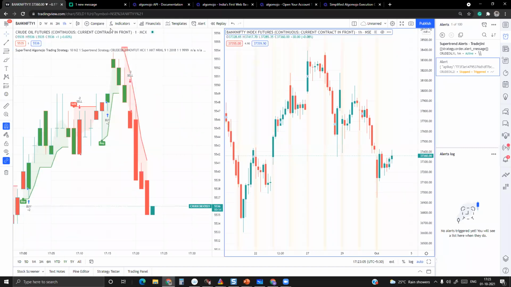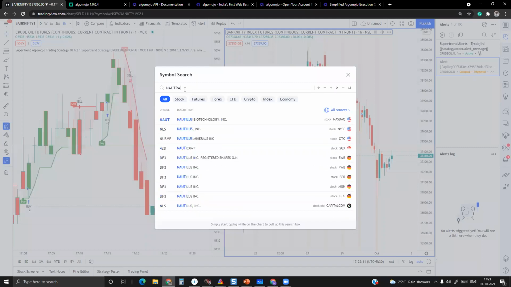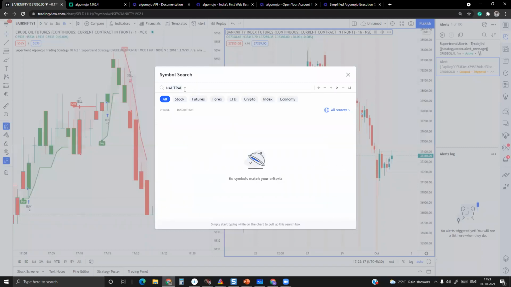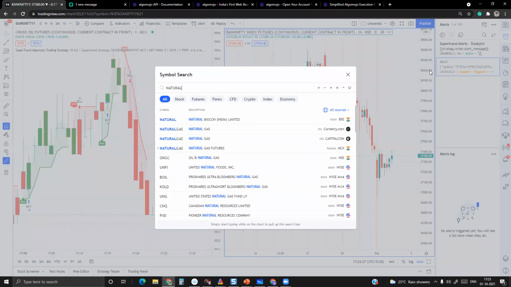Natural gas. So you can run as many strategies as you want. The best part with TradingView is once you log into TradingView and the alert is set, you can set and forget. You can close TradingView also. That's the best part, because the alerts are always running in the cloud. Remember one thing, orders will not trigger from charts. Orders will trigger only from the alert section.